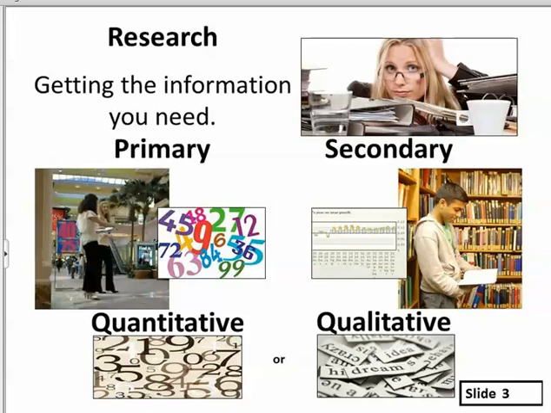Primary being where you go collect the data. Okay, you go to wherever the raw data is and get that. Secondary research is where someone has already studied the idea or the topic or whatever it is and has collected information on it, and now you're relying on what they have done. And we have two kinds of information. We have the numbers, which is data driven, and then we have what is more qualitative, which is people's attitudes and feelings, in other words, a soft answer rather than a hard number answer.